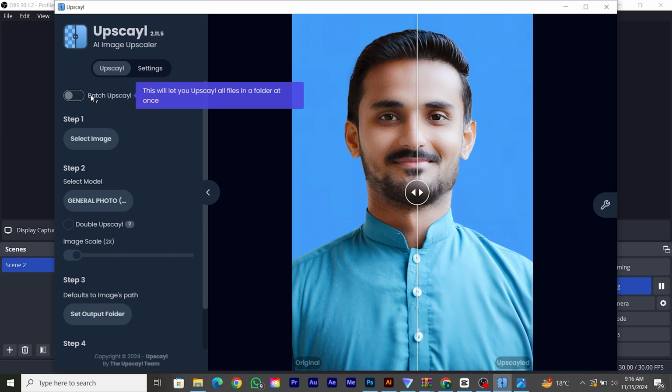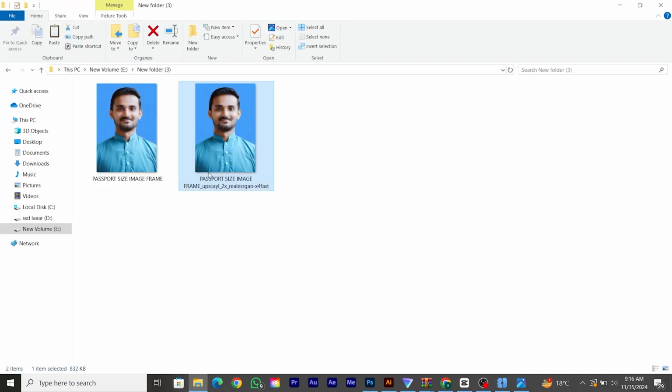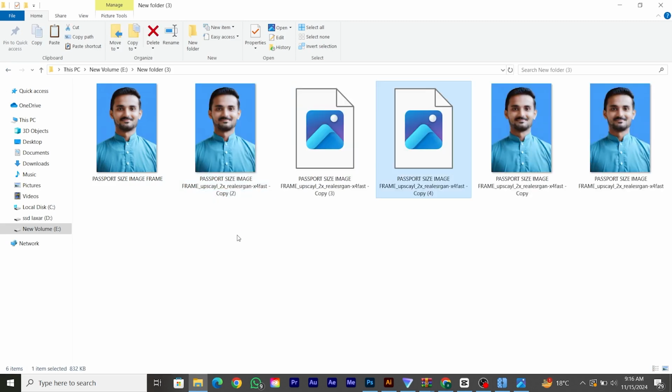Now there is another option in upscaling, where you can upscale a lot of images at a time. This is the option for batch upscale. Batch upscale lets you upscale all files in a folder at once. Let me show you. I have this image, let me copy it and paste it. Now I have 8 images in a folder. I want to batch them at once.